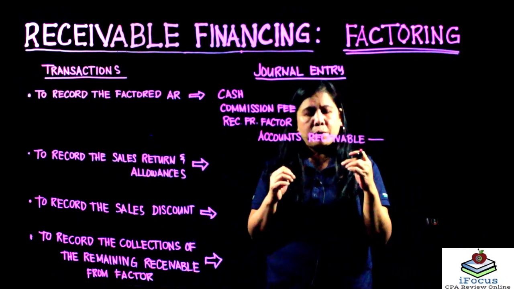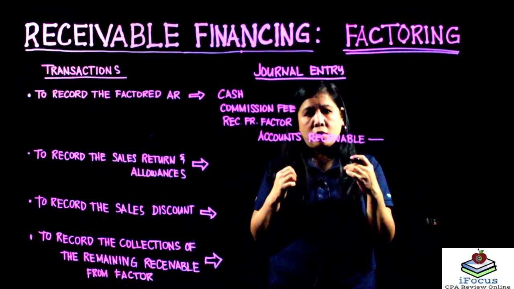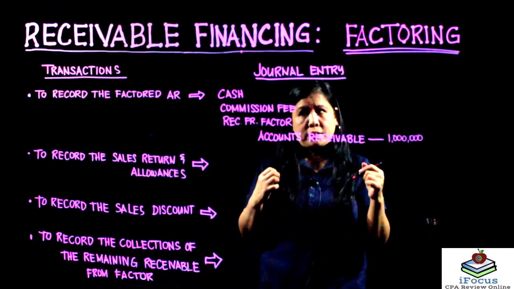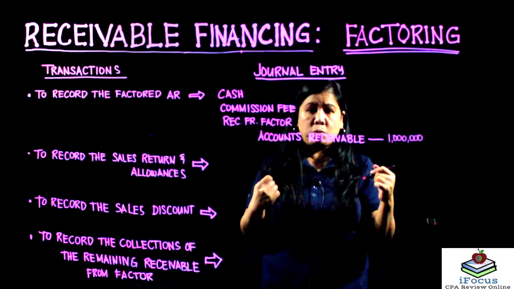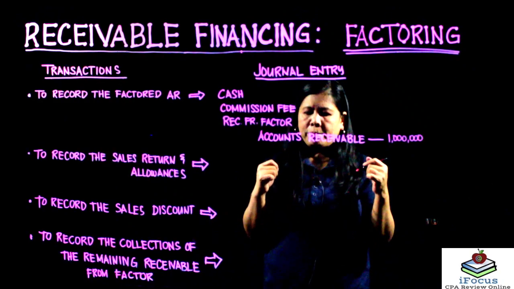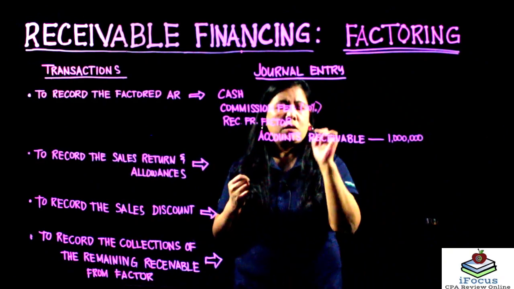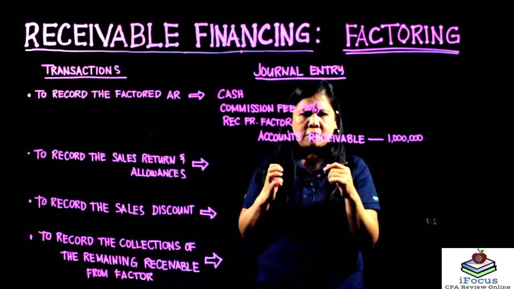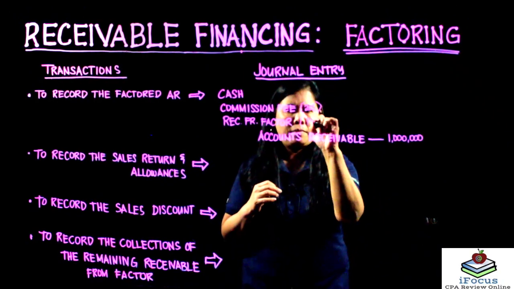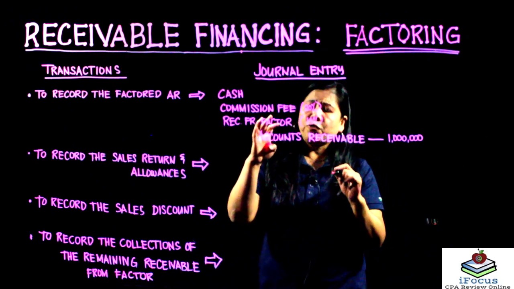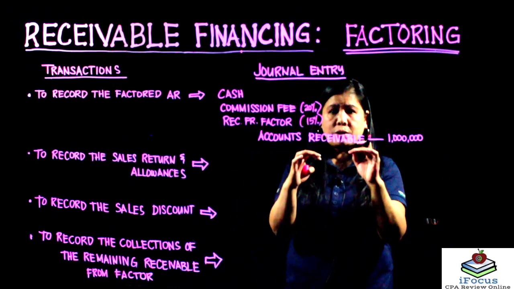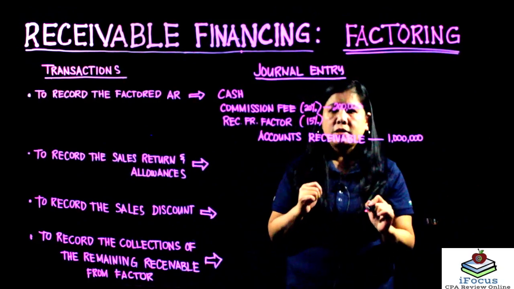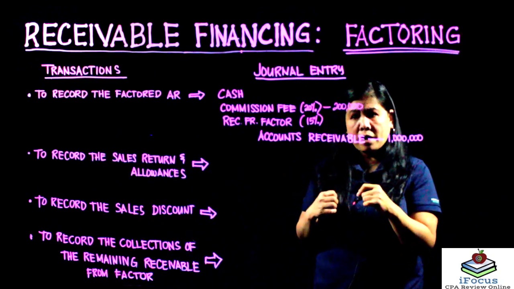Okay, let's say for example, we factored an accounts receivable of 1 million. So, nag-factor tayo ng 1 million na accounts receivable natin. Let's say for example, the commission fee is 20%. And the receivable from factor or the factor's holdback is, let's say, 15%. So the commission fee is 20% of the accounts receivable. Therefore, our commission fee is 200,000. Then the receivable from factor is 15%,